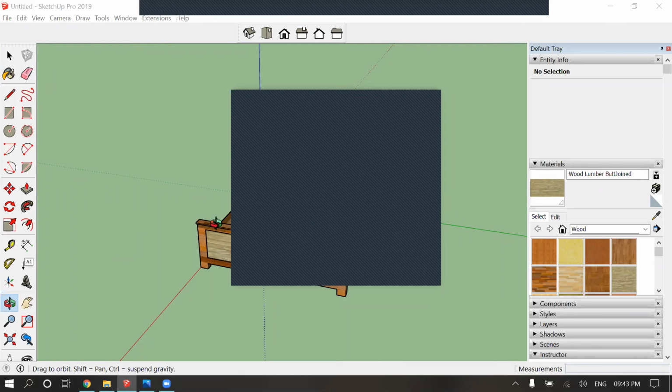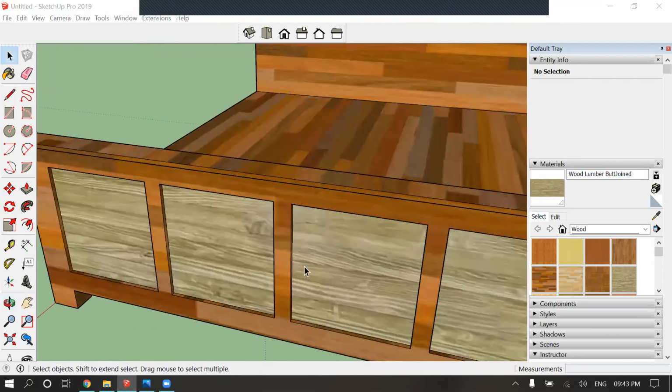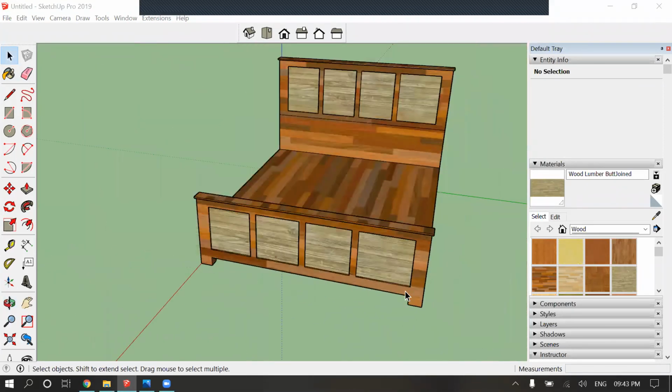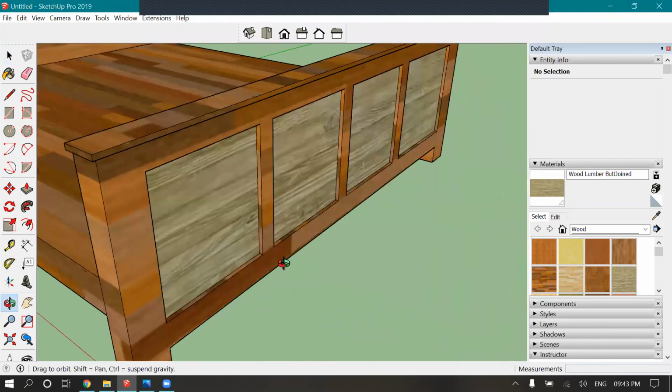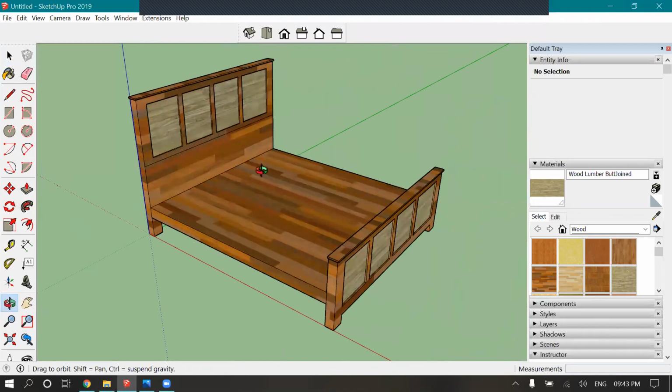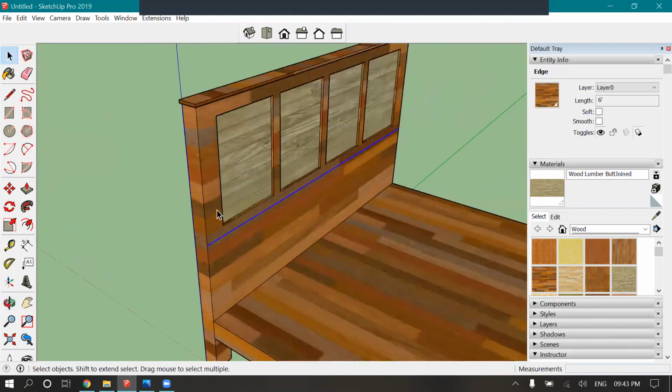So someone else was asking me something. Sir, how to remove unwanted parts, unwanted surface? Okay. Unwanted parts as in lines or objects?